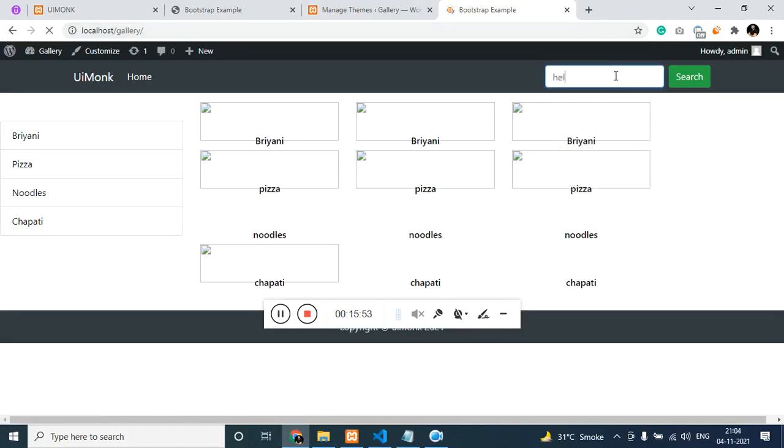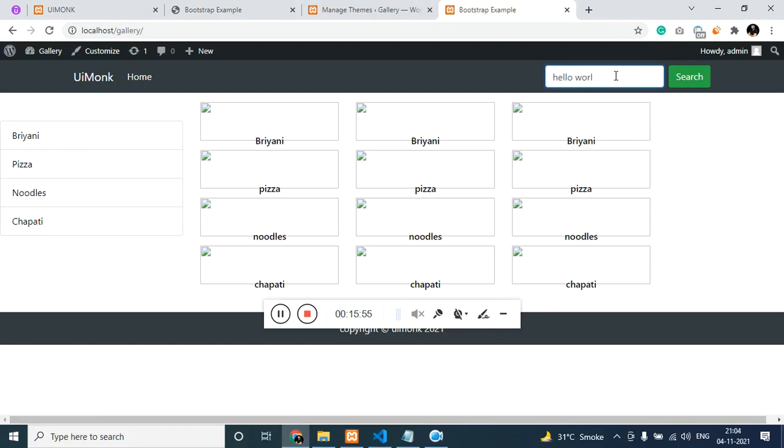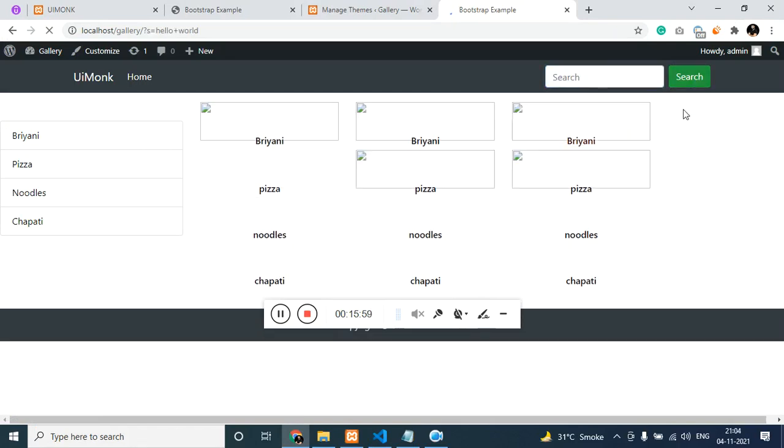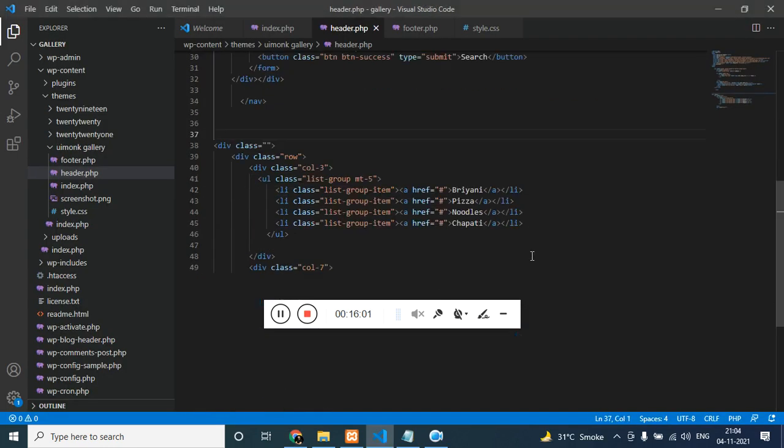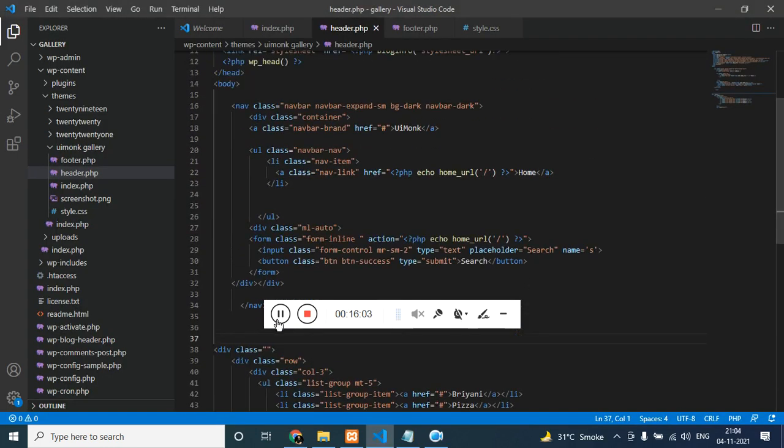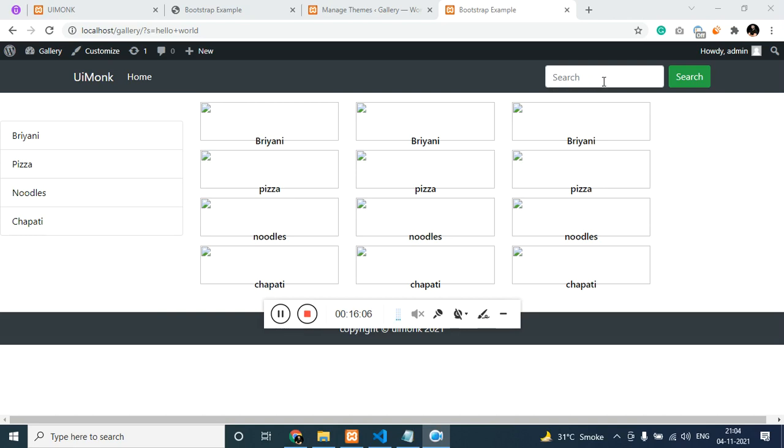Actually there would be a demo post. Let's try to search it. It's not going to show up because we have not used the loop to show up. Fine. By now just consider that we have completed the header section, because the link is dynamic and the search bar is also dynamic. The output of the search bar, we'll see it once we create the post.